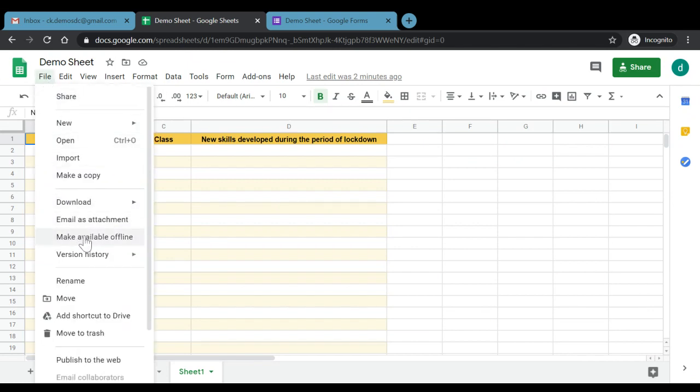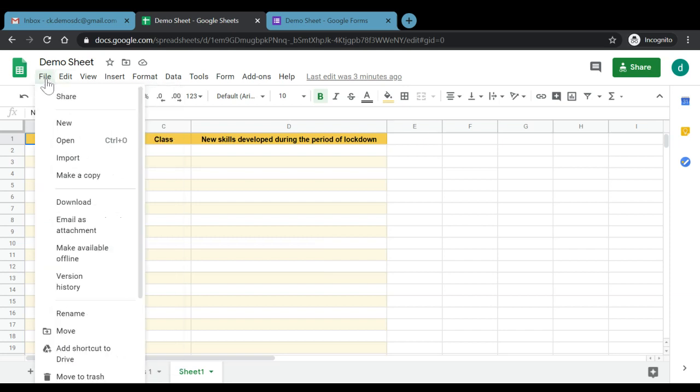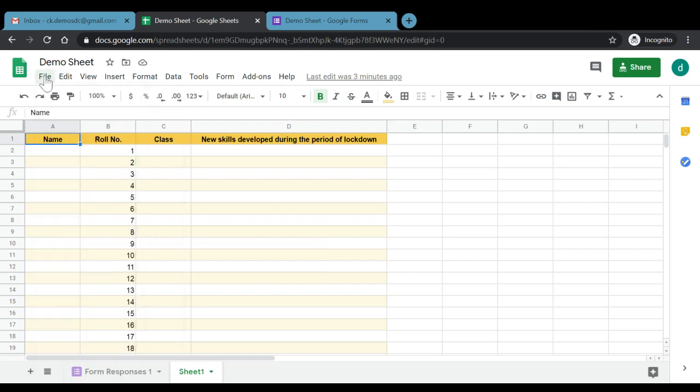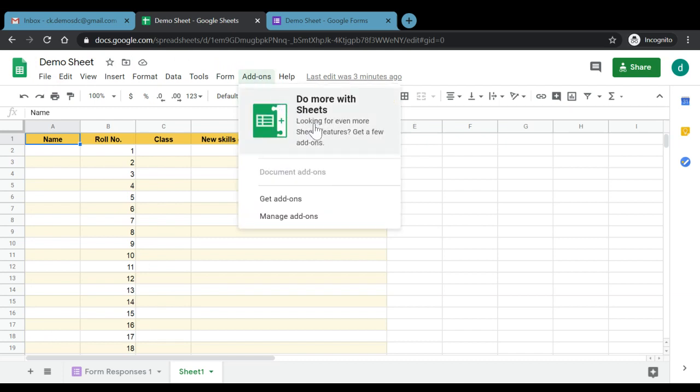Further, just as a Google Doc is available offline, similarly, a Google spreadsheet can also be available offline. As already talked about the version history, that means what changes have been made either by the owner of the spreadsheet or by the people with whom the spreadsheet has been shared. They can see what changes have been made. Remaining functions are similar to what are available in Google Docs and in Google Slides. Then specifically, there are some add-ons which help in analyzing data in a much better manner, which can be explored through this option of get add-ons.